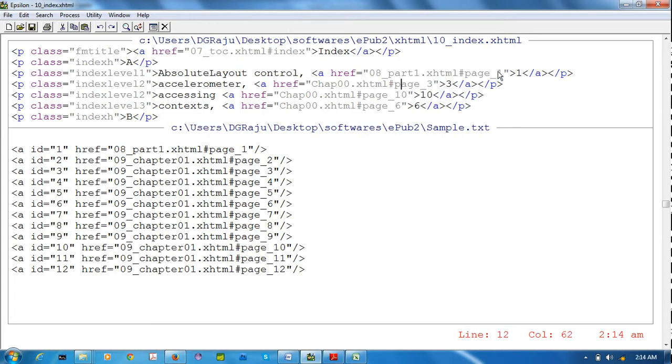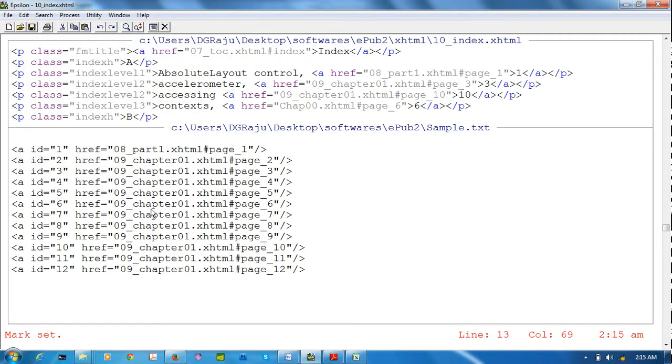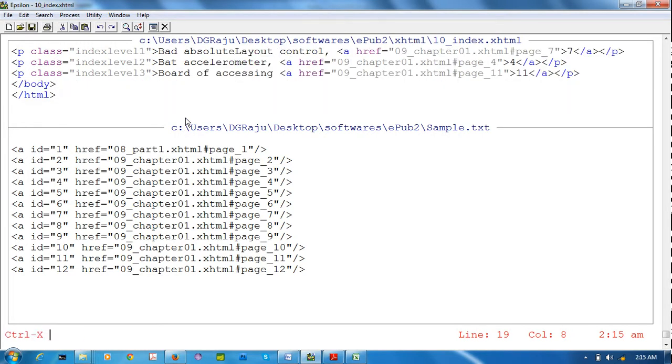Now I can give a page number like this. Suppose I am pressing Alt text last keyboard macro, page number 1. Alt text last keyboard macro, page number 3 is in chapter 1. I can use Alt 1 also, otherwise I can use Alt X index macro. Whenever I am loading a macro, it will automatically convert that defined macro name into our command name. Okay, page number 10. Like that, I can use the shortcut key Alt 1, Alt 1, Alt 1, Alt 1 like that also. So there is no hash found, which means our index is completed.